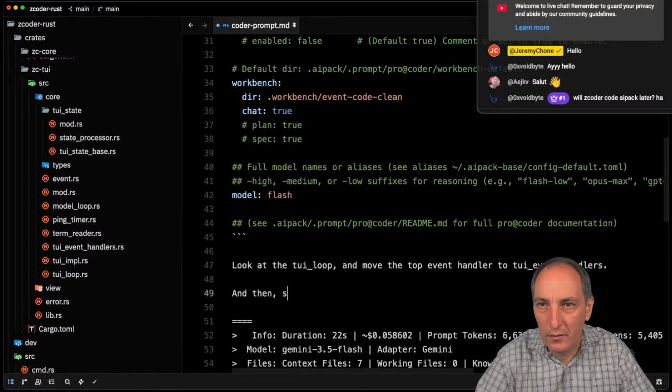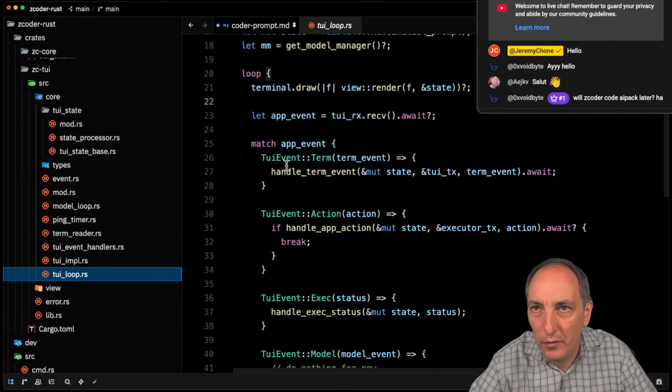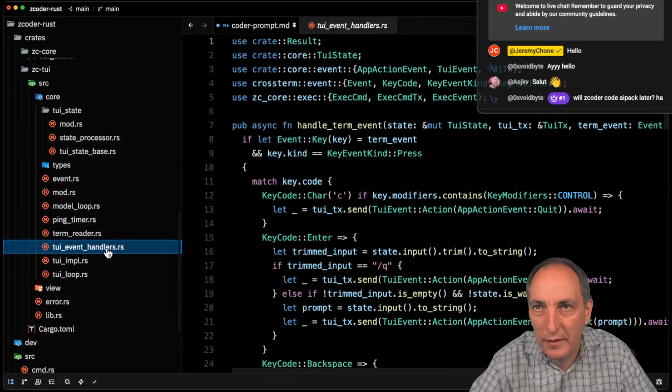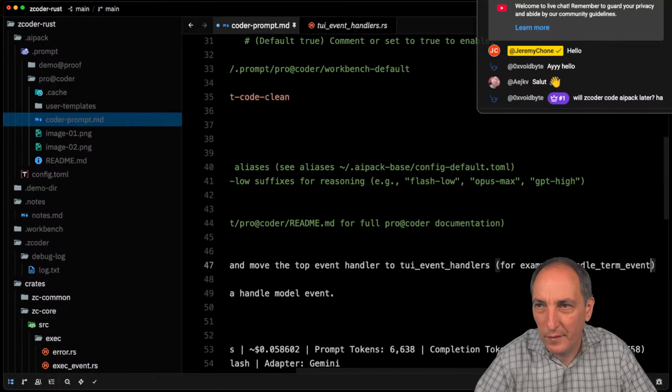And then also create a handle model event. Okay, so we're taking this guy here, and what we want is, hey, move that over there, and then we're going to say, for example, that guy, yeah, handle app event,